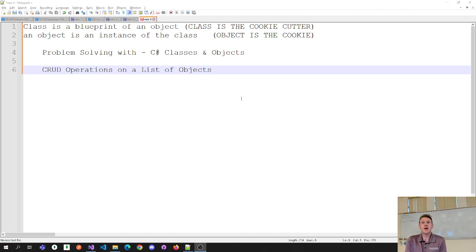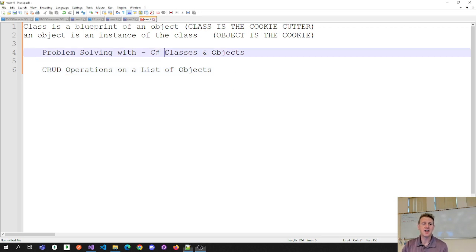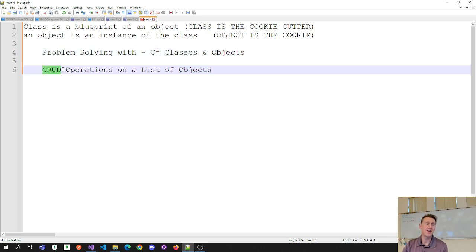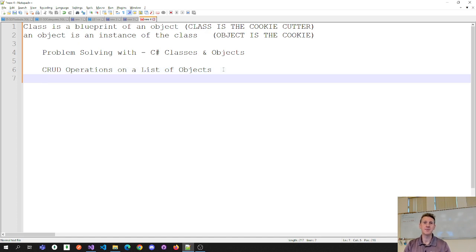Okay, so in a continuation of demonstrations from yesterday, we went over C Sharp classes and objects for the first time. We're moving ahead and we're going to do what are called CRUD operations on a class or on a thing. Okay, now what are CRUD operations? Well, it's something you're going to do a lot of, at least in school, and it's because it's a really good exercise. Create a new object,